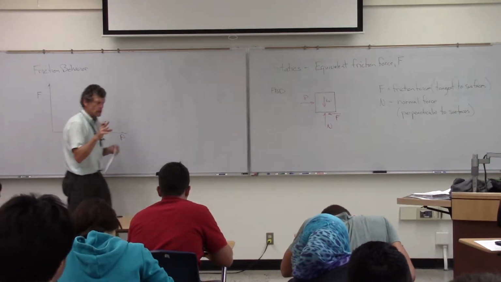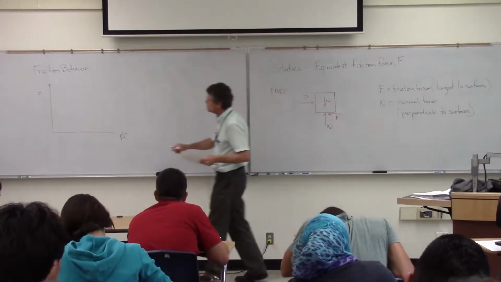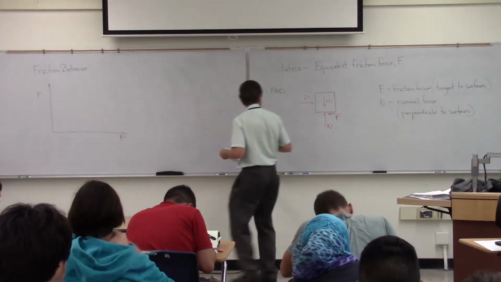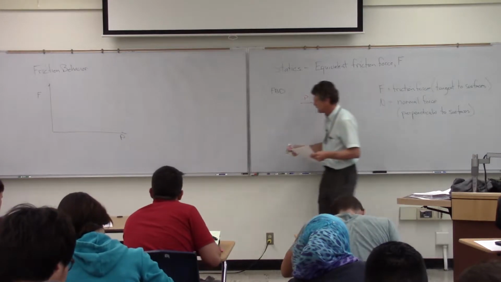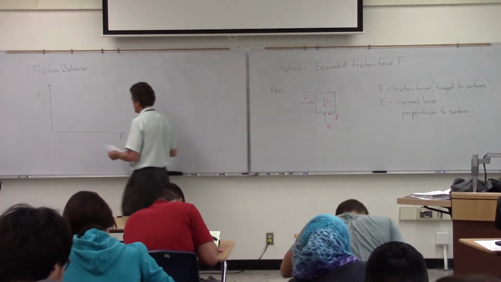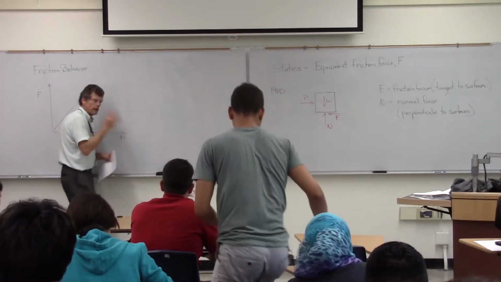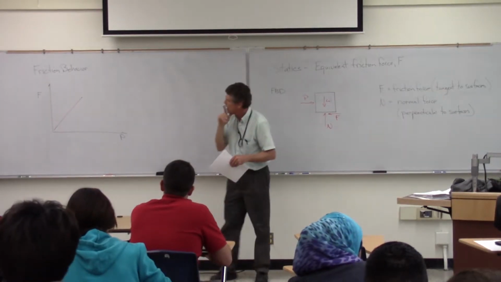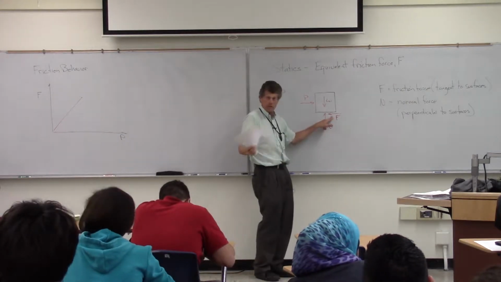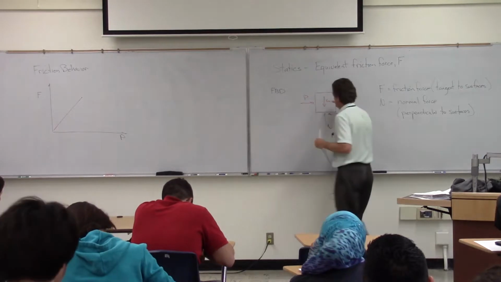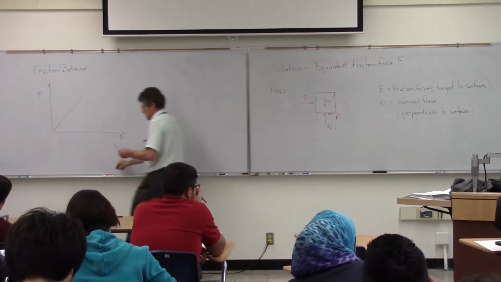So we'll talk about the friction behavior and what is actually going on in terms of this graph here. It'll be plotting this friction force here versus P here. So we're basically referring to this free body diagram again. And what we'll find is for a period of time they're equal. As I start pushing on it, it's not moving, so the force, in terms of Newton's law, has to be the same. So it's basically pushing back at that P, but at some point in time then, what we'll find is that